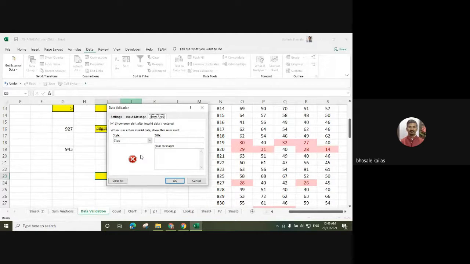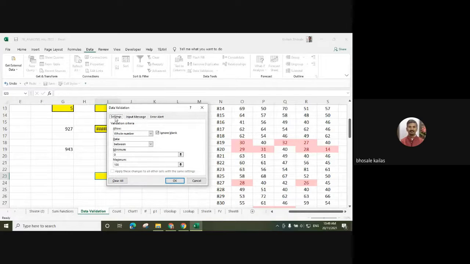It should stop it, so an error will be there. Wrong data. Likewise, we can have data validation. Here we can have various options: between, not between, equal to, less than, and so on. You can select.